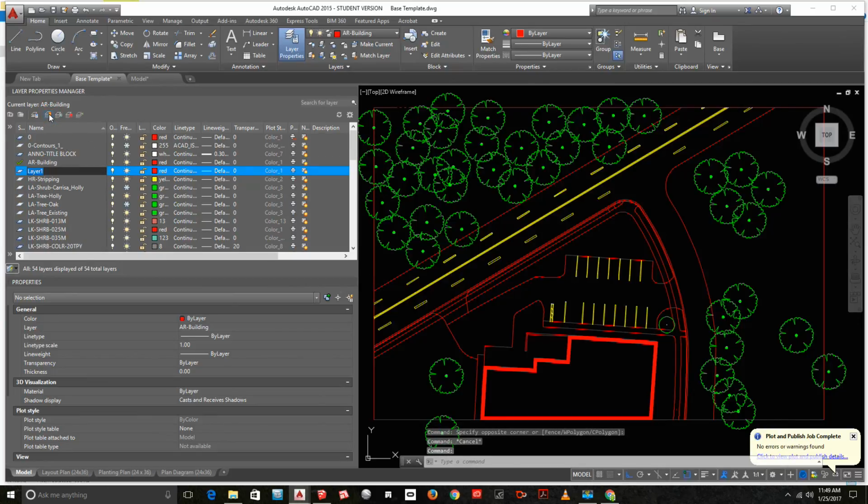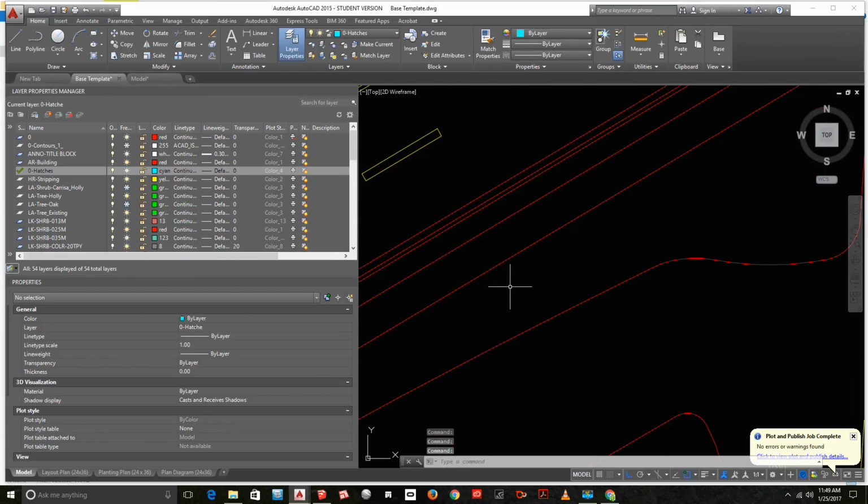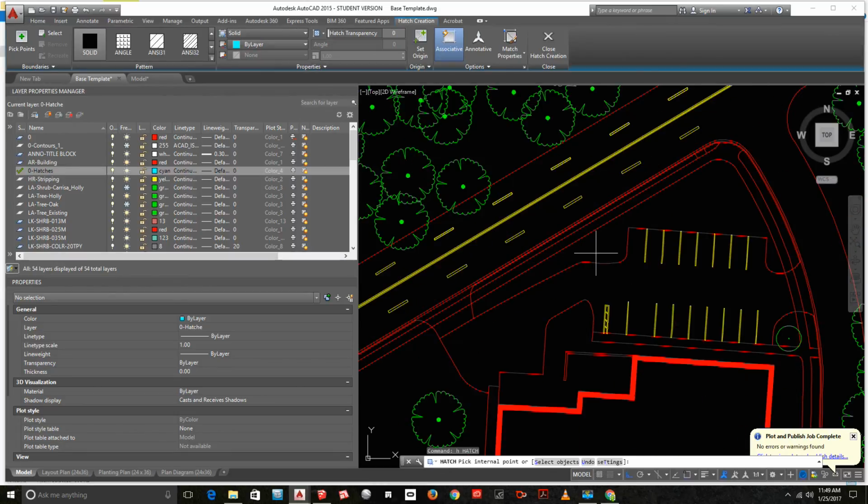Create a new layer and just call it, I'm gonna call it 0 preface hatches. I'll put myself on it, hatches, and I'll make them kind of this blue. And then I'll just do island detection, kind of come in with the hatch, and I know that this is